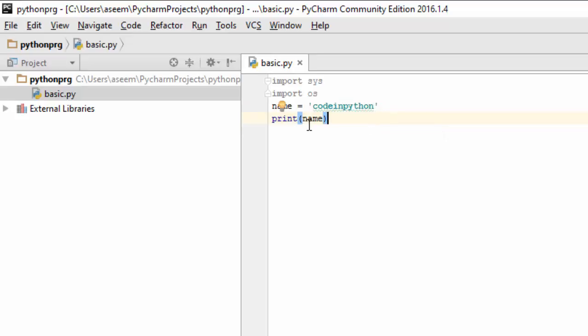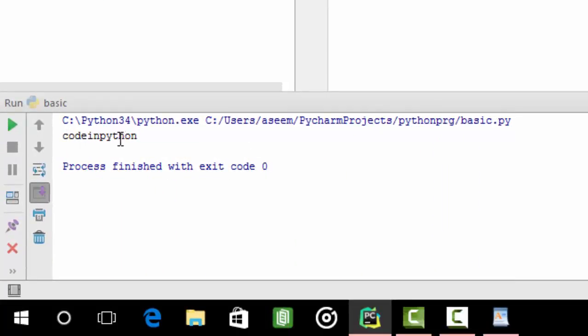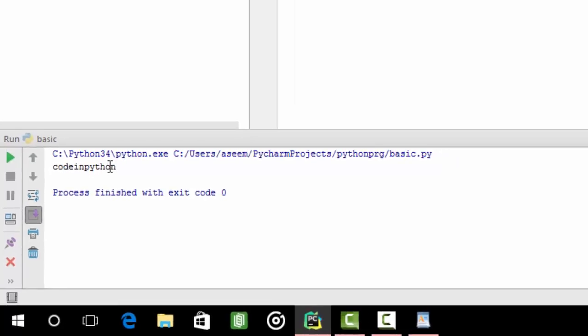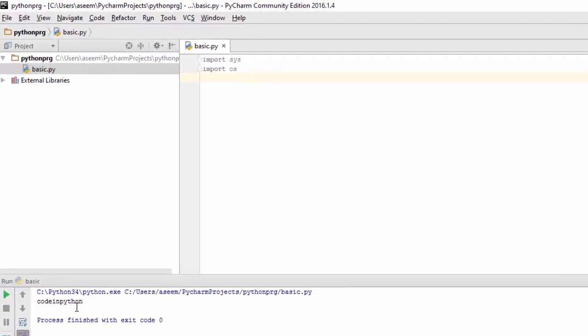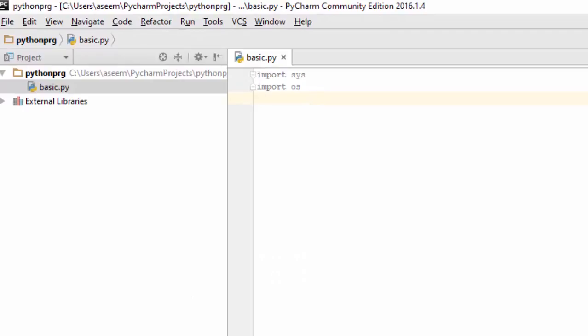Once you have created a variable, you just need to put the variable name within the parentheses of the print and then hit run, and you can see that "code in Python" is printed in your console. Now if you want to perform arithmetic operations in Python, then you can easily do it with plus,